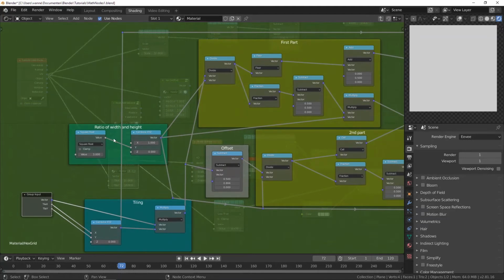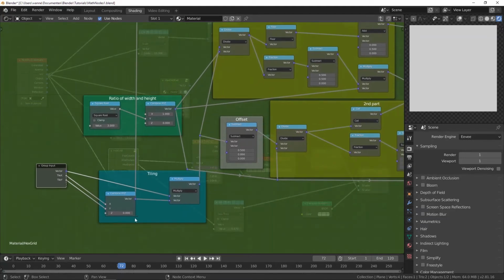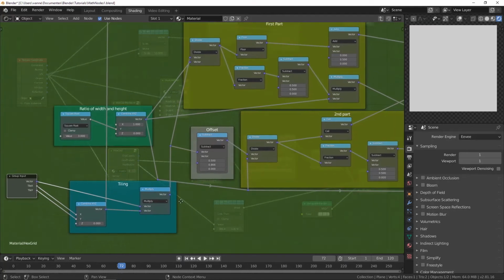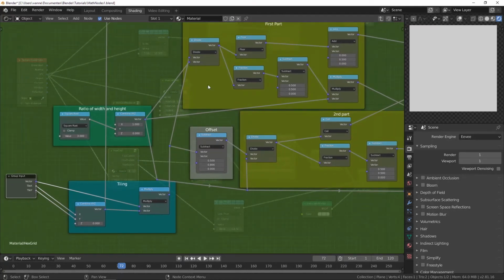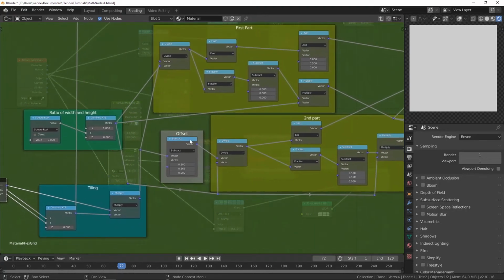That's why we have this ratio. And here this is the tiling. So we have how much we want to tile along the x-axis and along the y-axis, and then we multiply everything by that,